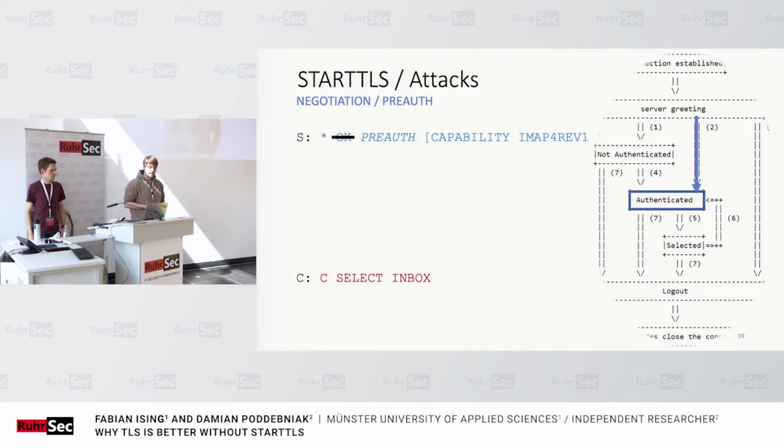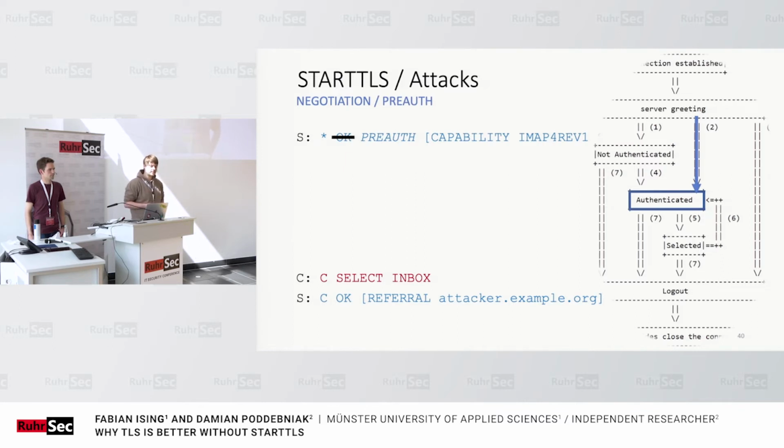And now the question is, what does it give us as an attacker? What we could do here is, for example, mimic a valid IMAP server and present an inbox that is almost empty but only contains a single message asking for ransom. But we can do better. If the client supports the mailbox referrals extension, we as an attacker can instruct the client to select the inbox on another server, for example.